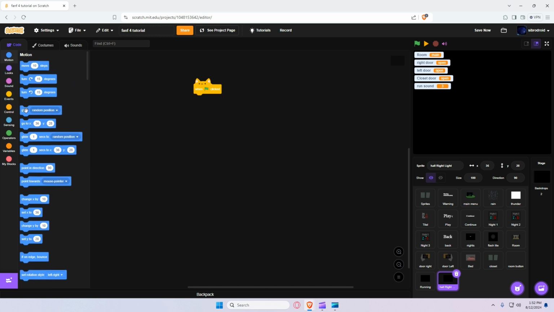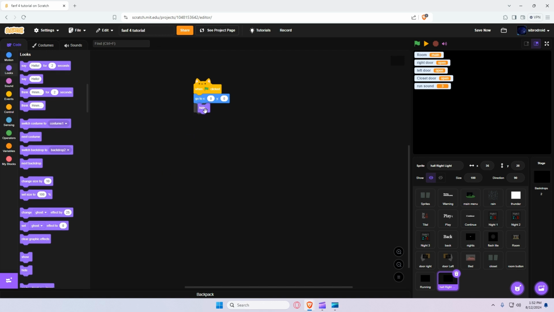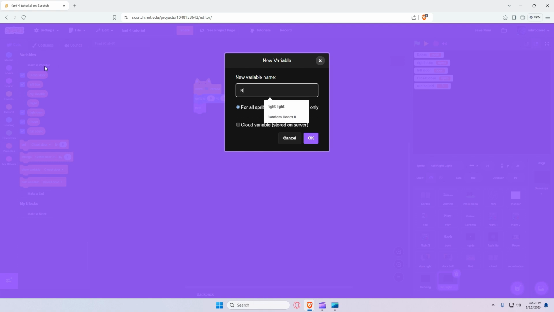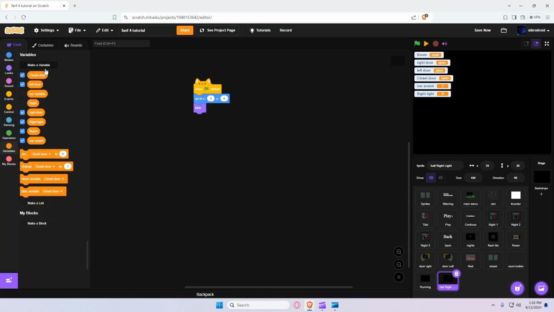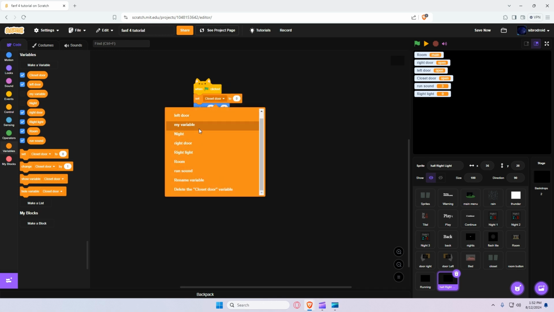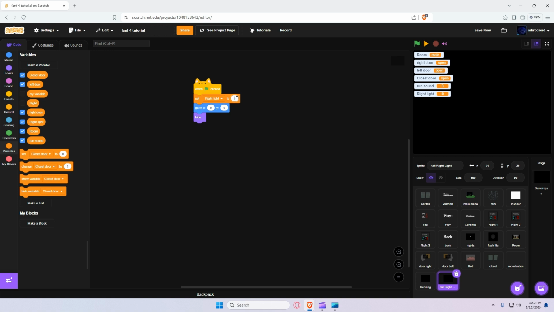Code for this is gonna be go to 0, hide, set right light to off, and